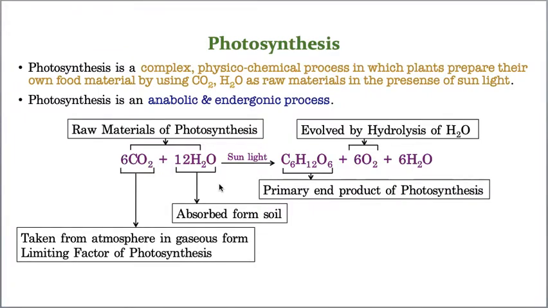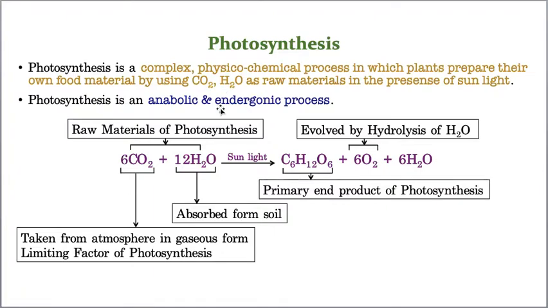First, what is the meaning of endergonic process? The reaction which utilizes energy. See, on the top of the arrow mark you can see sunlight. So to complete this reaction, it needs some amount of energy, right? Which energy is it utilizing? Sunlight. So when the chemical reaction is going on, it keeps on using energy. So if the chemical reaction takes place with the help of energy, then that is called an endergonic process. Hope you understood. Very very important point.